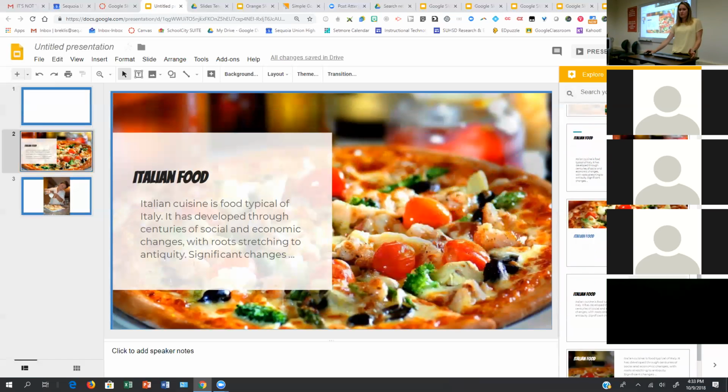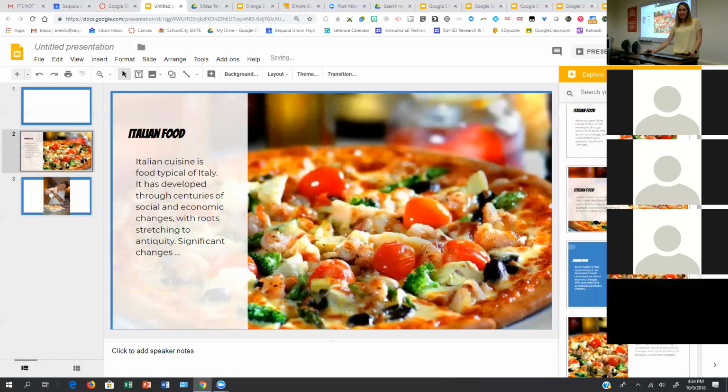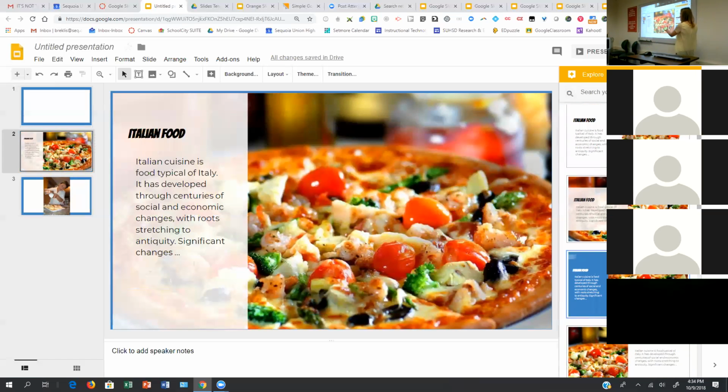And you or your students do very little, which might be bad, right? But it looks professional, right? And it gives them, ooh, the image as a big, huge kind of background with some text, it formats it. So that's a fun little feature for them, okay? So that's using the Explore tool.